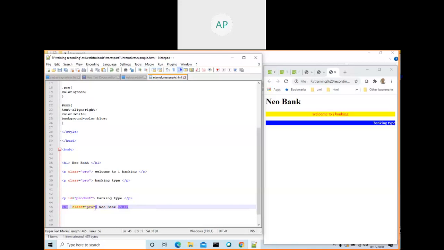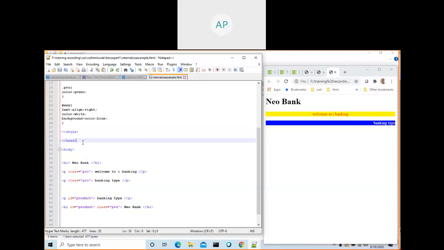Here you can have ID equal to DD, but you should not write PRODUCT again. We saw in SQL, the primary key, we create a primary key to have a unique value in the row. In the same way, ID should be unique across this HTML document.